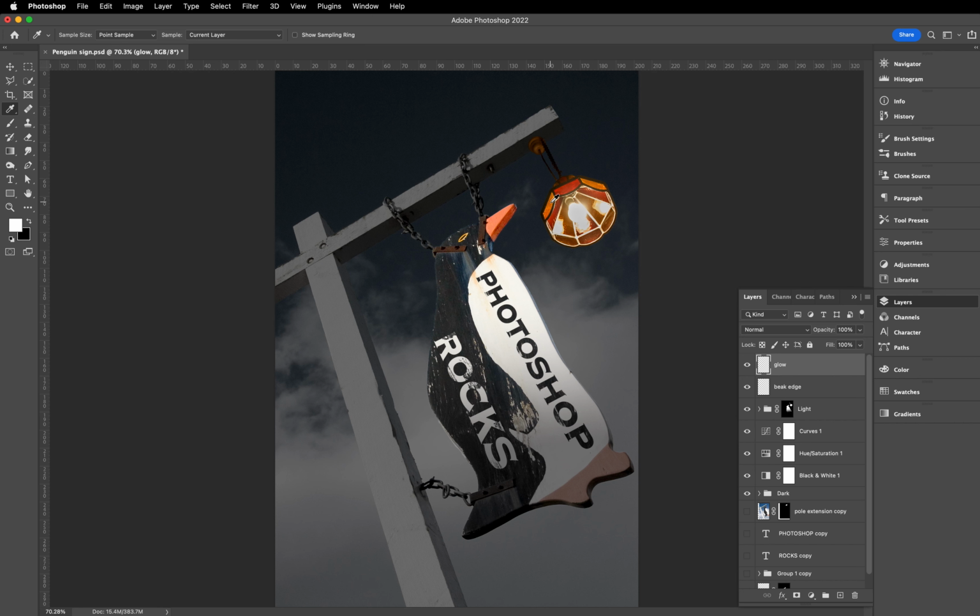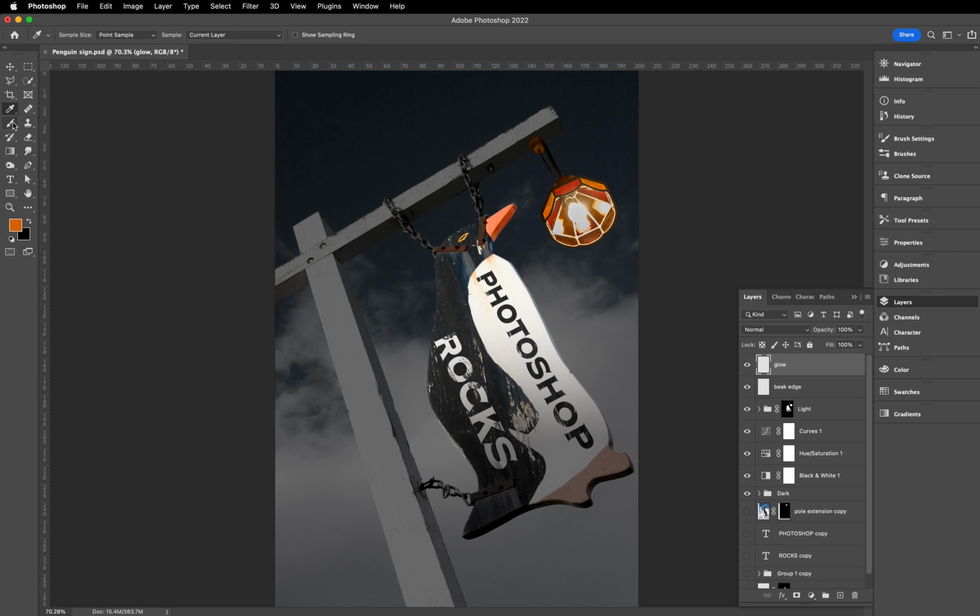We can select it from the lamp, but let's first of all make sure we're on a layer that has that on it. So let's open up the light group, and we should then be able to pick that up, and we see it's there in the foreground colour. Let's close that down, go back to our glow layer,